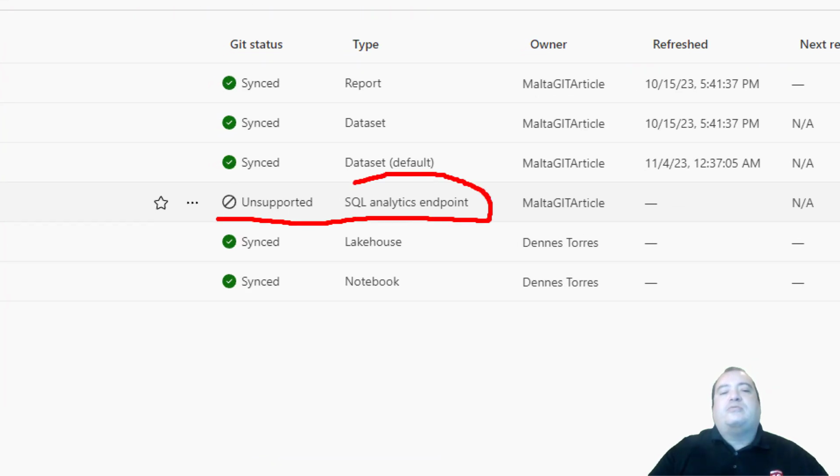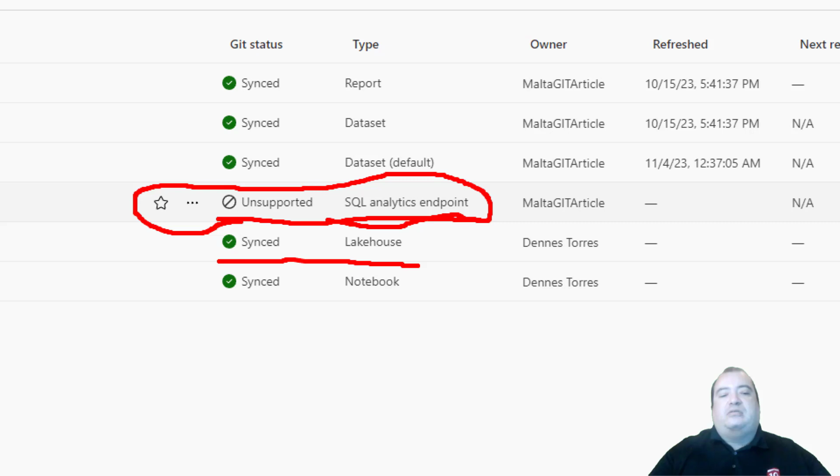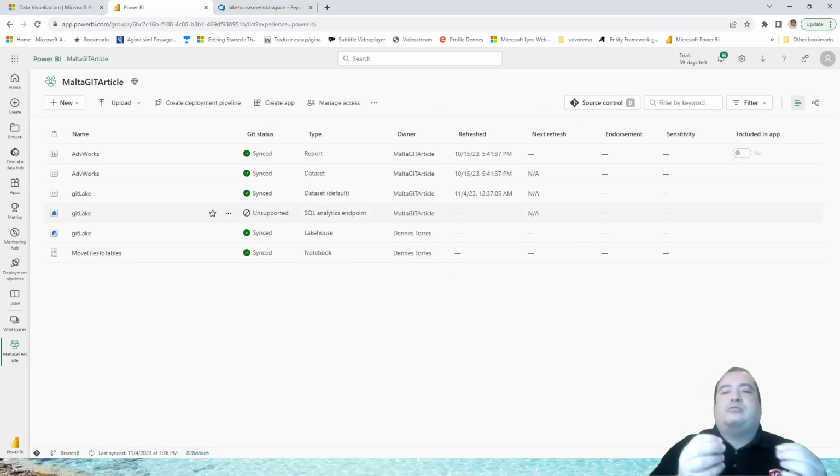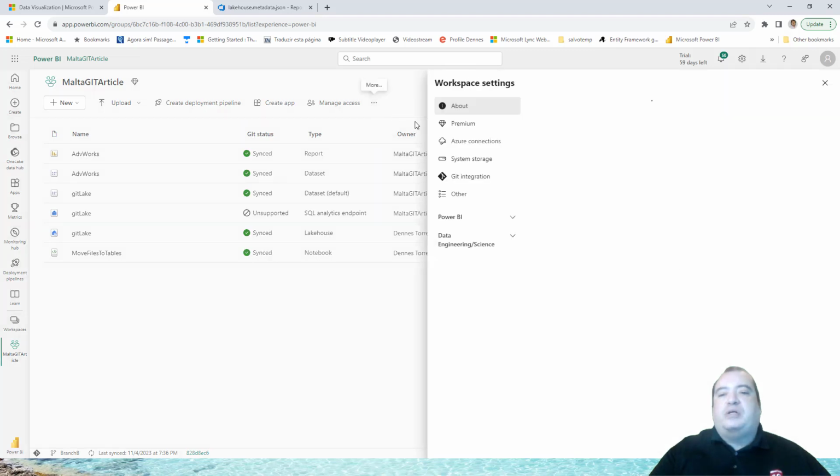The lakehouse can't be separated from this SQL Analytics endpoint, but the lakehouse is already supported in the source control, but the SQL Analytics endpoint is not, it is unlinked to the source control. This brings us, let's say, a problem. In this example, this workspace